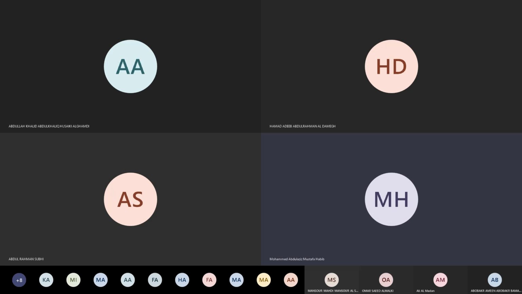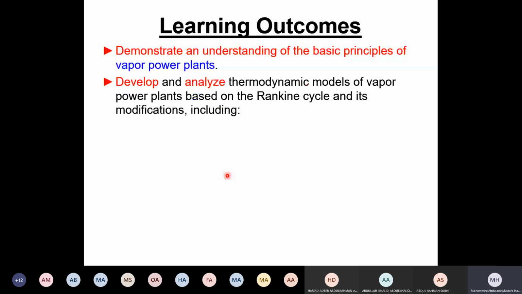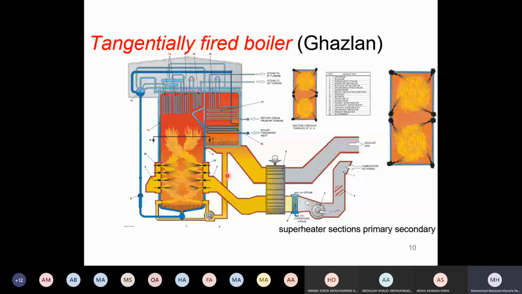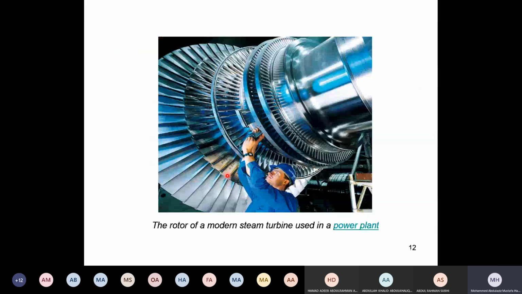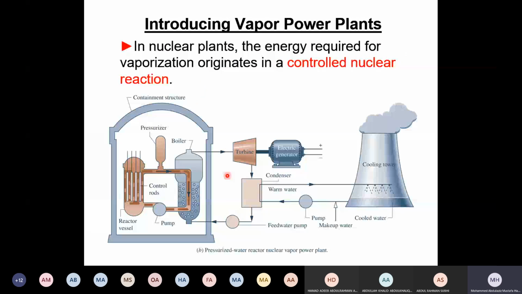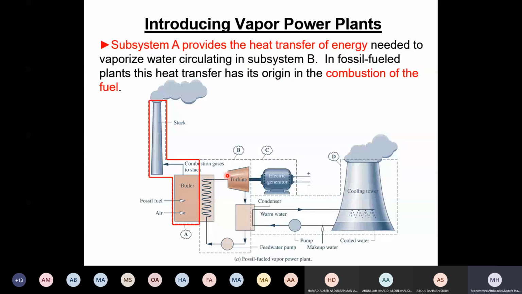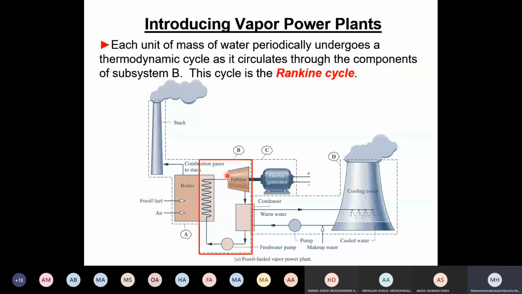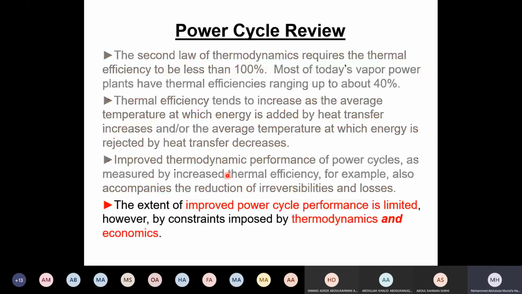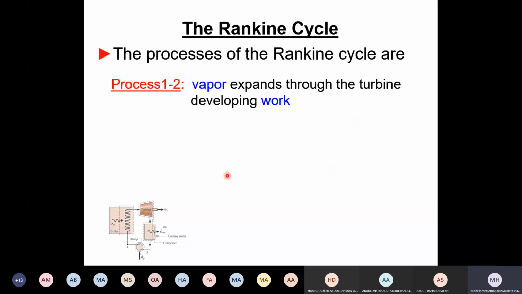Okay, I'm going to move quickly through the previous ones. We already have considered this, so I'm just going to... where did we stop? And we have seen the actual turbine, the actual boiler, and thanks for those. I got 4 students who made some animations on the WhatsApp, and this was excellent. So I hope every one of you should have opened this and have seen what the actual plant is